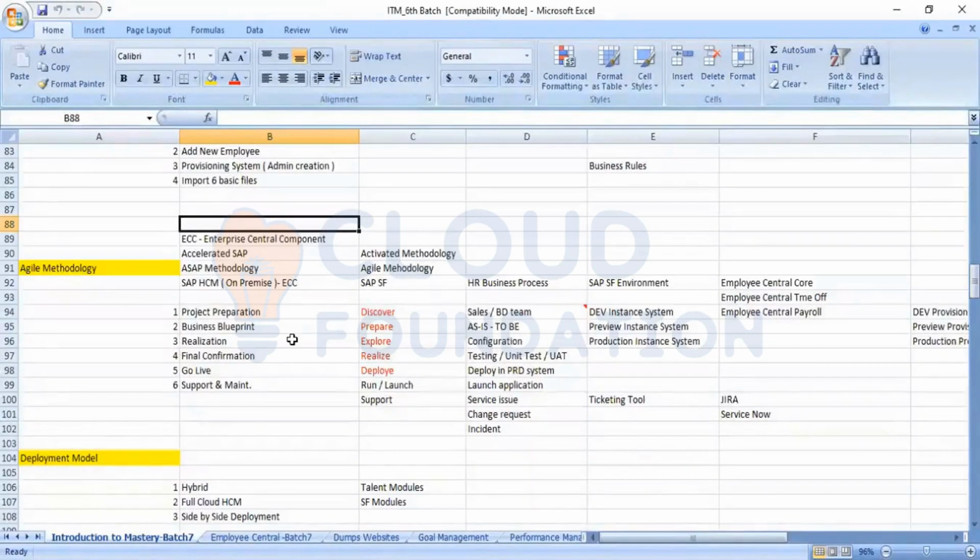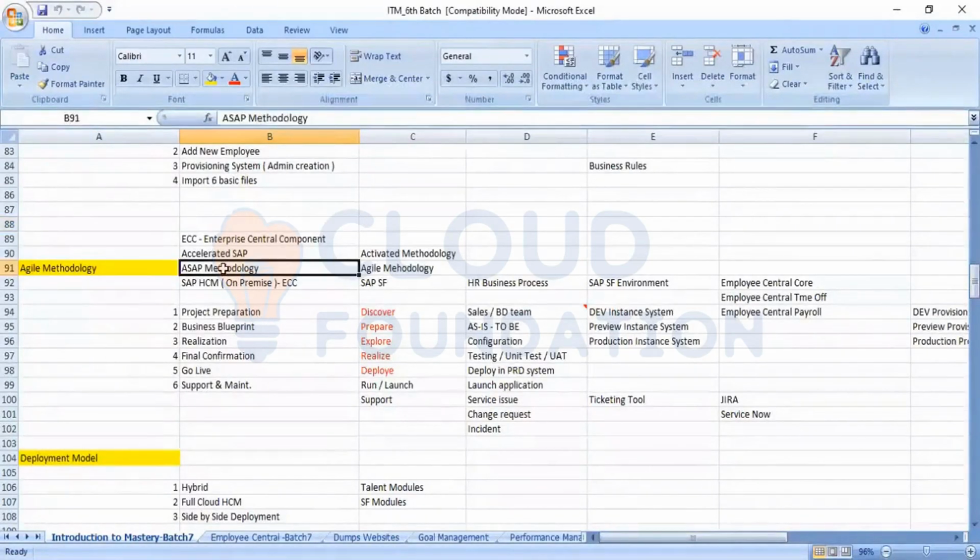When a customer goes for implementation of SAP HCM, that is the ECC product, it is known as SAP methodology, that is accelerated SAP methodology. A lot of companies are still following ECC for on-premises. Some companies are slowly migrating from on-premises to the cloud, that is to SuccessFactors, from one product to another.